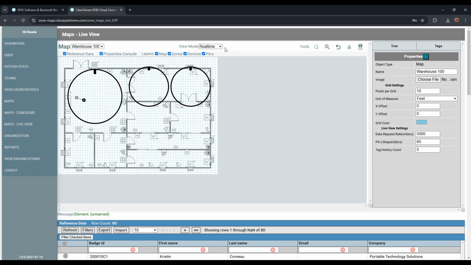I'm in a real-time view, and it's only going to be showing me tags that have been scanned very recently. This one's actively being scanned within the environment, so I can see it tracked there. I'll walk into the other room. Don't mind me if you hear people talking, but I'm going to walk over to the other room and move this tag